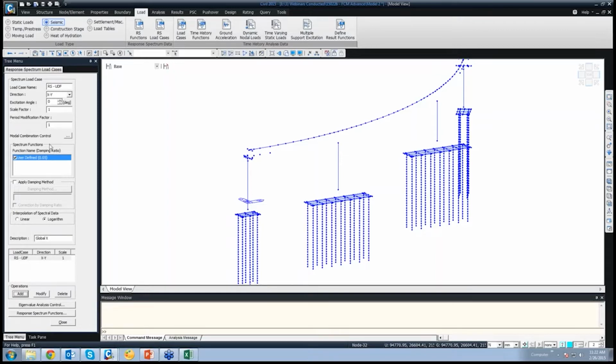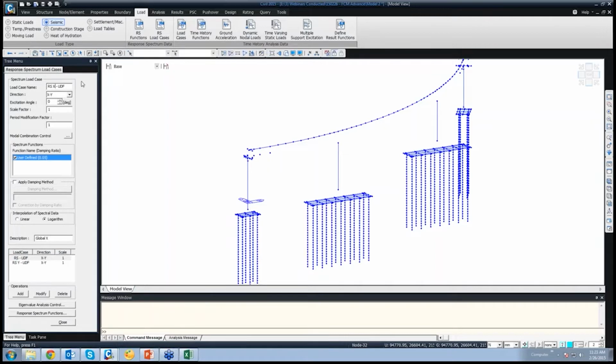Now if I want to give in Y direction, then I have to change the excitation angle to 90 degrees. Change description to global Y and add. Sorry, RSY. Add. I'll modify this name as well, RSX.